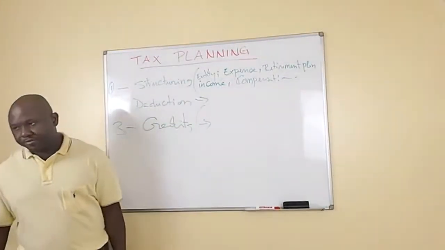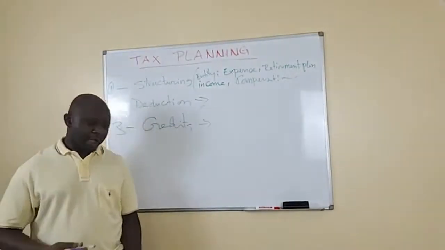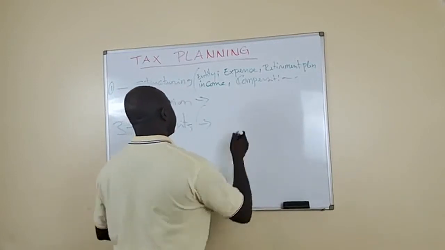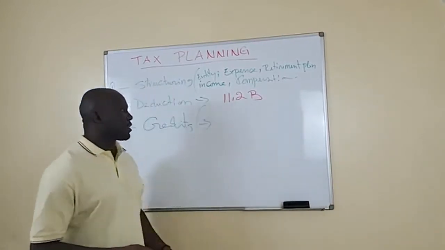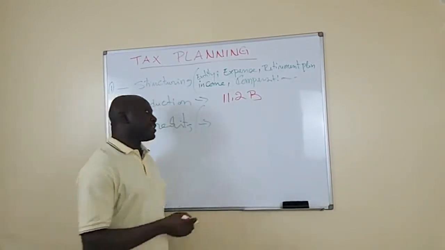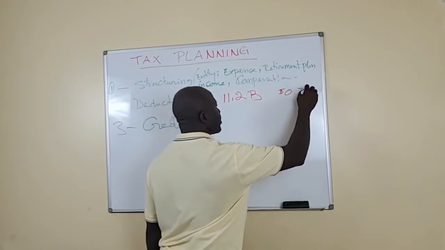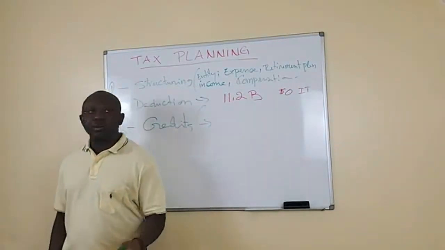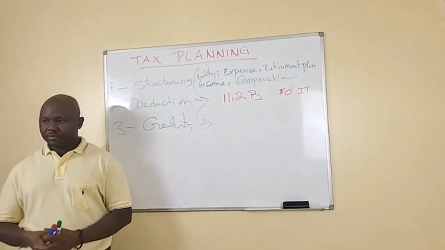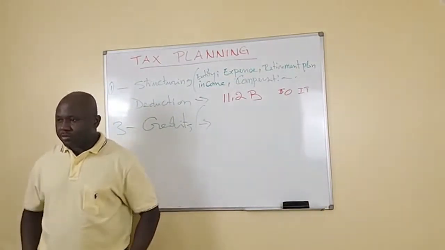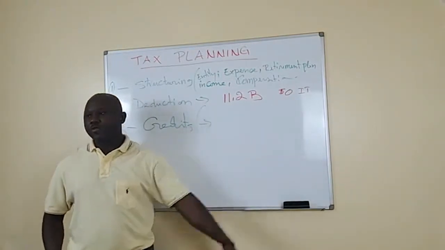I'm going to talk about Amazon. Amazon made 11.2 billion profit. I think maybe it was more than that. On that, they paid $0 on income tax. $0 on income tax for 2019. 11 billion profit. How much profit did you make last year if you're a business owner? Can you tell me how much income tax you paid? Right? How much did you save? I can say that Amazon saved everything it was supposed to pay.